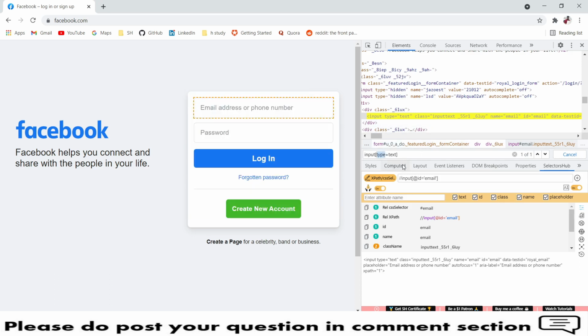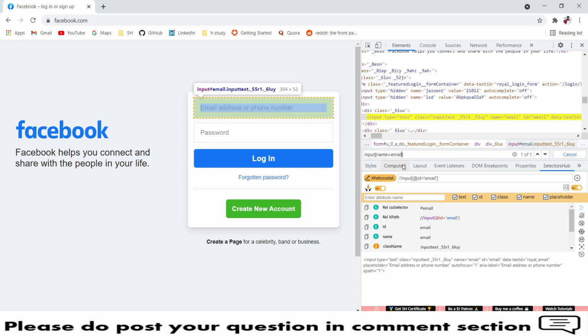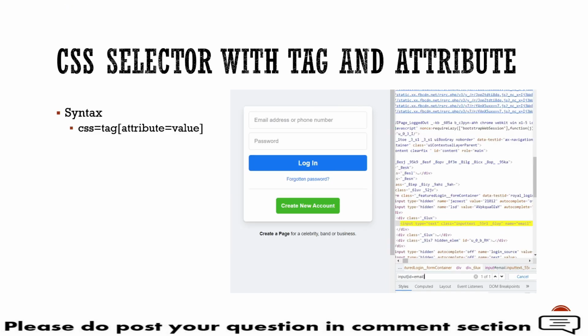And you don't need to specify any additional operator like at the rate. You can directly use it, name, and name will be email. So like this you can find the tag with attribute values. So this is the most common approach, and you will use it more than 70% in the entire Cypress series. So we'll go to the PPT back.